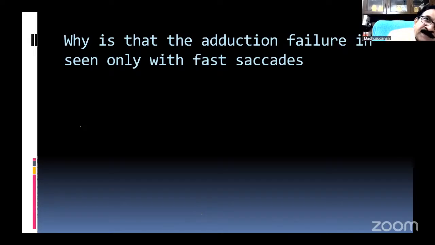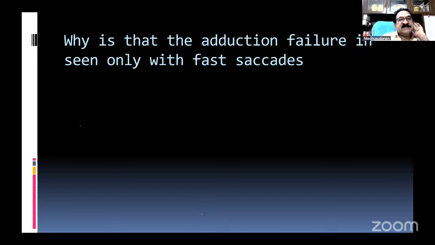No, for all saccades, you have to pass through the MLF. Correct? If you do voluntary also, the impulse has to go through the MLF only. But why in MS, why are fast saccades affected first? That is because the MLF is a structure which has the fastest conduction. Why? When you abduct one eye, at the same time the other eye should adduct, without any millisecond delay. Some delay means you can get diplopia. That is the one track which has the fastest conduction. If there is a mild lag or delay in the MLF, you can find out the lag.